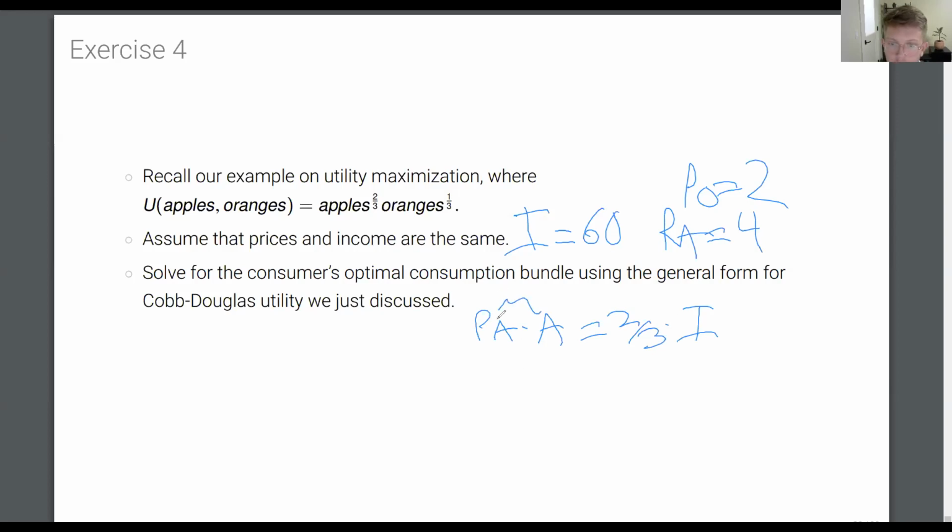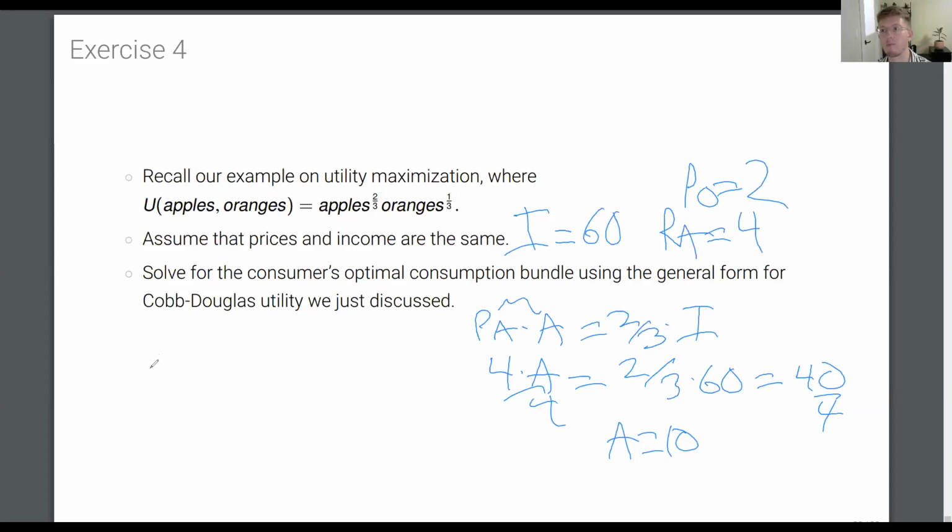So this is, again, expenditures on apples. And so if I plug in here for the price of apples, here that's 4 times apples, and then I have 2/3 times 60. Well, the right-hand side is just 40. And so if I divide both sides by 4, I get that apples is equal to 10. Likewise, we know from a previous exercise that we optimally consume the same number of apples and oranges. So you could just say we're done, but just for completeness, we also know that from the